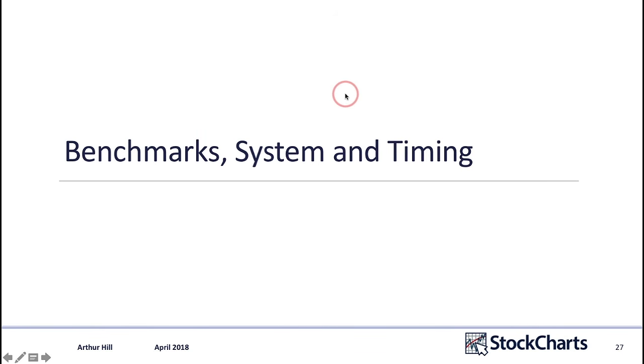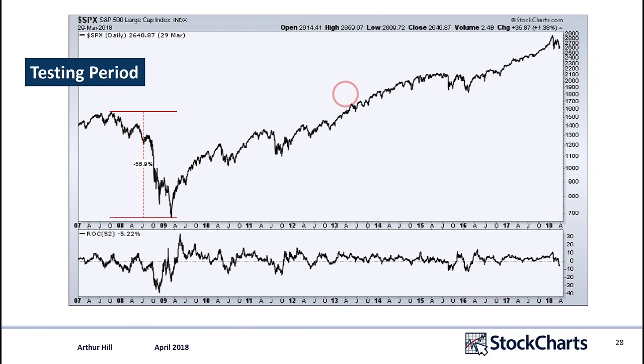All right, so now let's look at some benchmarks with which we're going to measure the results of the system. We'll review the system and we'll see if market timing helps or hurts results. So here is the testing period that I am using here, and it goes from the beginning of 2007 all the way until the third quarter of